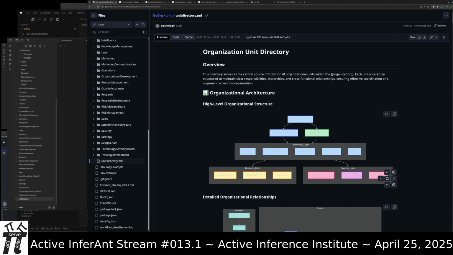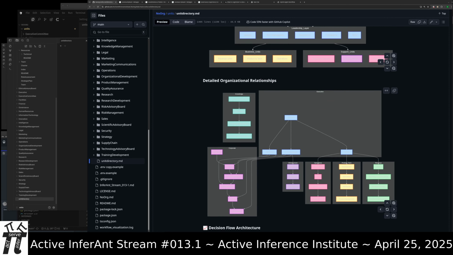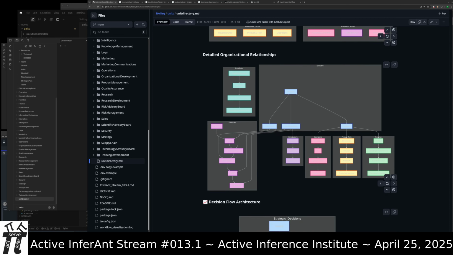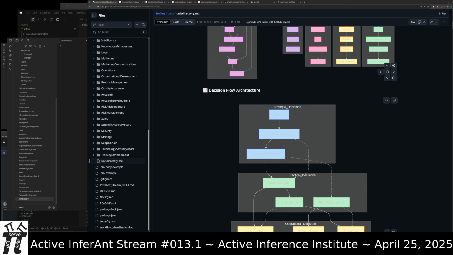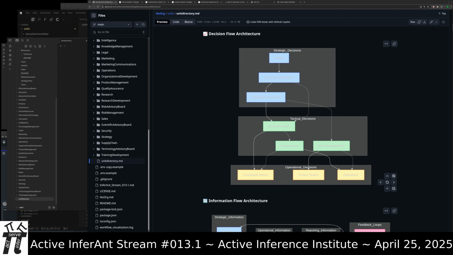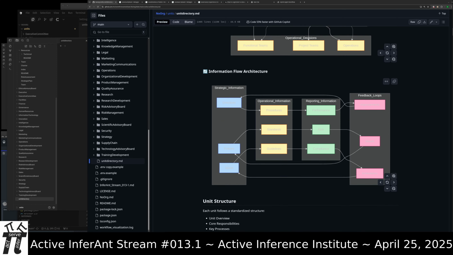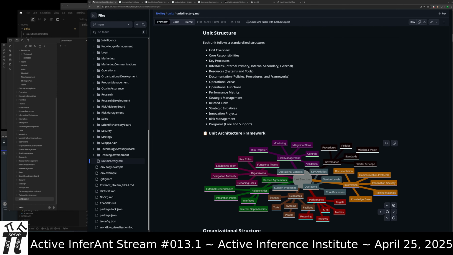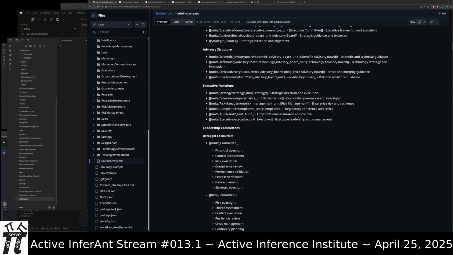So in GitHub, the double brackets don't render like they do in Obsidian. It's still there, though, still plain text, part of the power of plain text. Organizational structure, almost cool. It's like it's redacted. It's like it doesn't really matter which one they specifically are. But you can have detailed relationships with executive, knowledge, corporate, infra, ops, product tech, revenue. Different templates and paradigms for strategy, tactics, and operations. Different information flow. Different unit structure and the way that those link up.